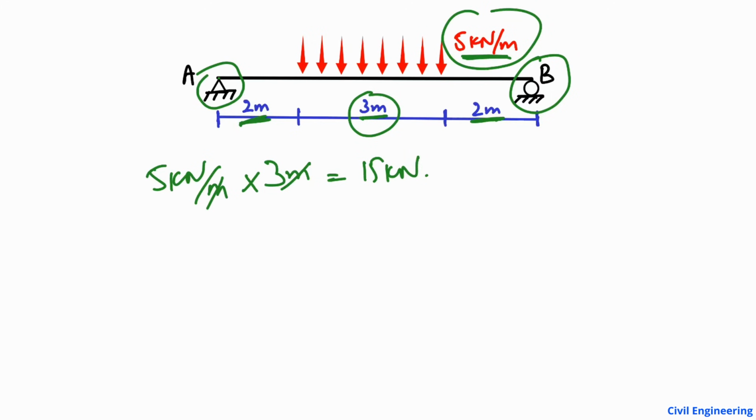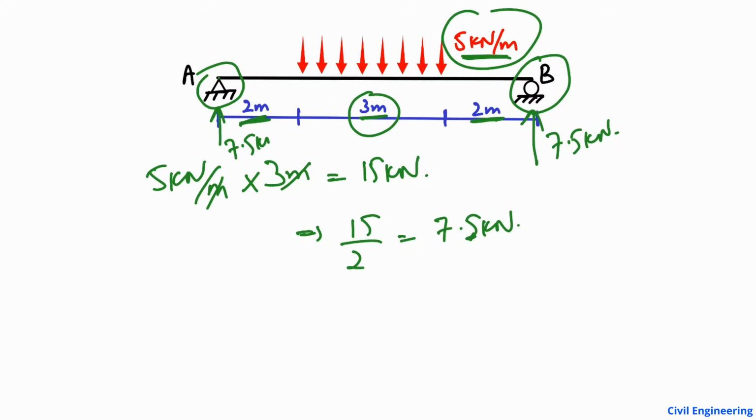So now dividing this 15 by 2, we get here 7.5 kilonewton. So basically 7.5 kilonewton is the magnitude of the support reactions. So 7.5 will be acting here and 7.5 will be acting here to take the load. So very easy step. Now for example another beam, I consider here another beam,